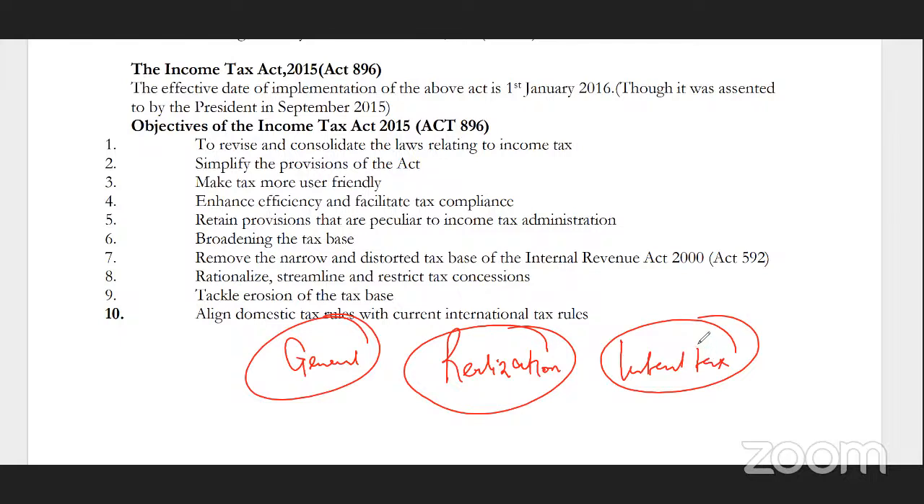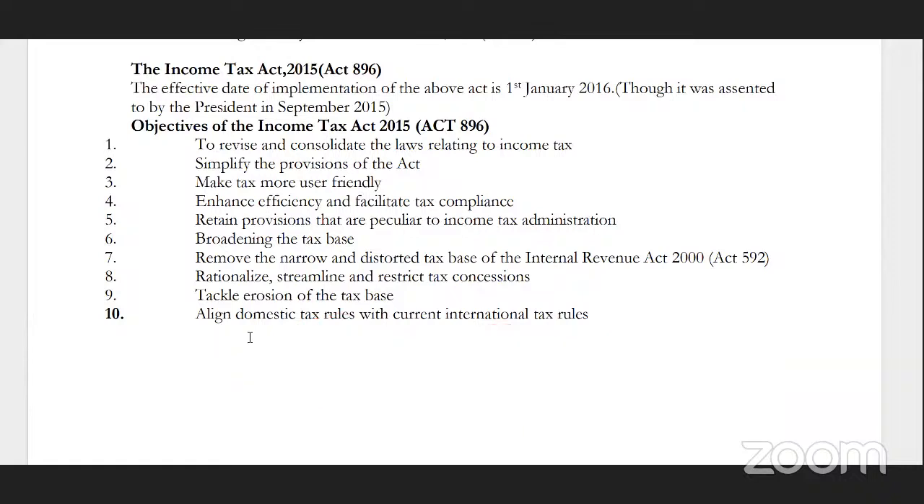Okay, our law covers all these things, and I think it's a good initiative, right? But some few things still need to be considered. So that was the objectives of the Income Tax Act. Though this is not particularly an examinable question, you need to know why the Income Tax Act was created to